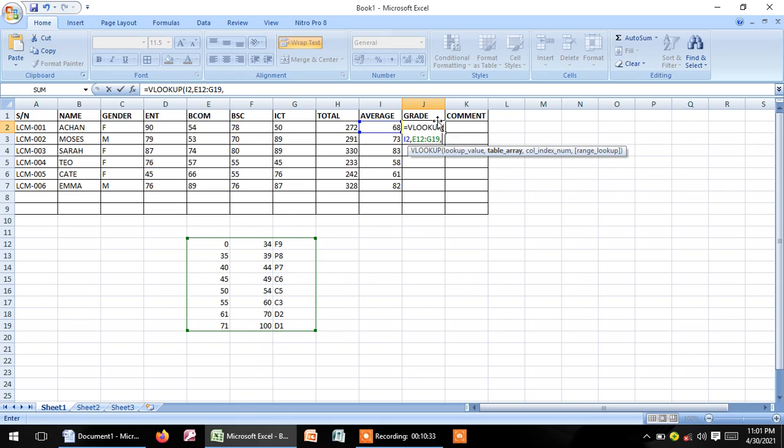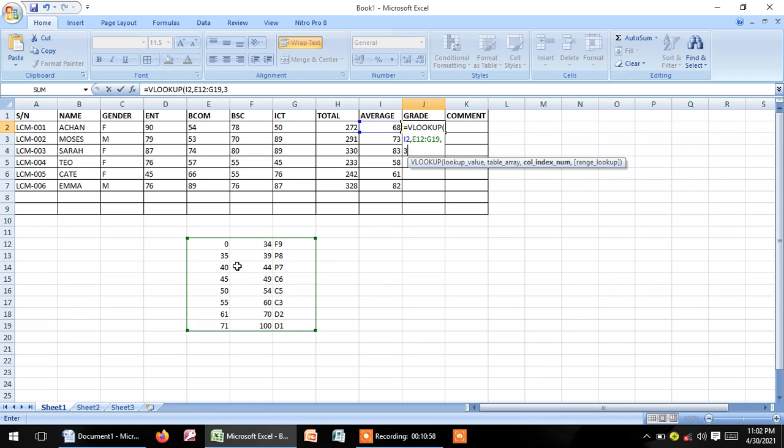Then I'll put a comma, and it will now ask me for the column index. Basing on my table array, I have my information in 3 columns, so I will represent it with 3 because they are in 3 columns. If you had put it in 2 columns, you would also represent it here with 2. So mine is in 3 columns.